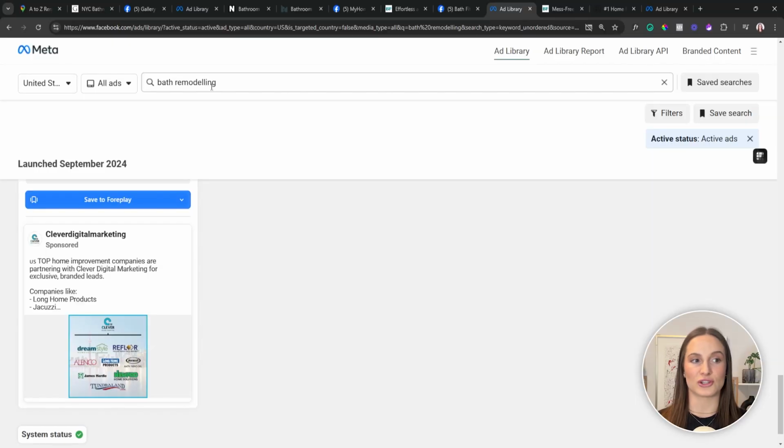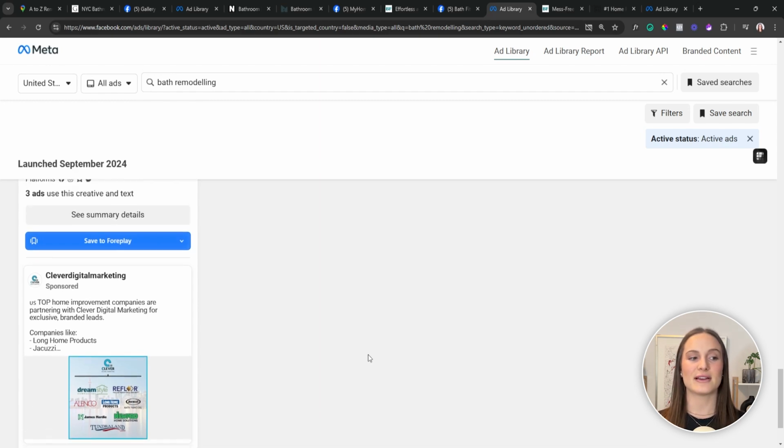Okay, so there's Google, going from their website to their Facebook page, or then from the Facebook page to the ads library. That's one way. There's also just searching up inside of ads library right here. Now, the other way that I actually really like using is with Foreplay. Now, Foreplay is a paid subscription. I love it. I will never go back to not using it at this point